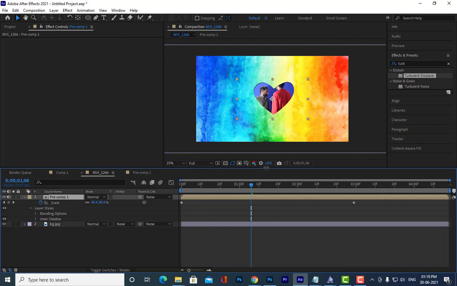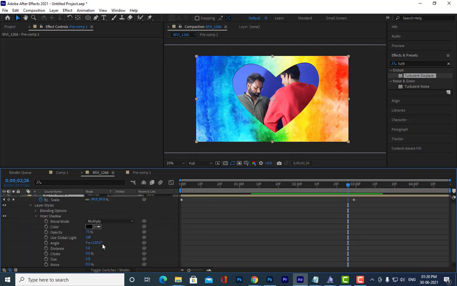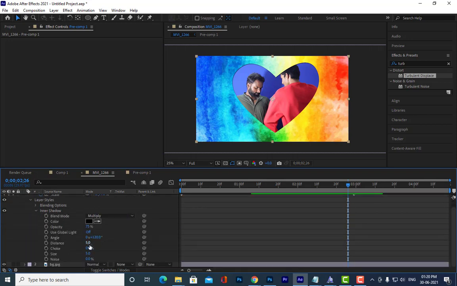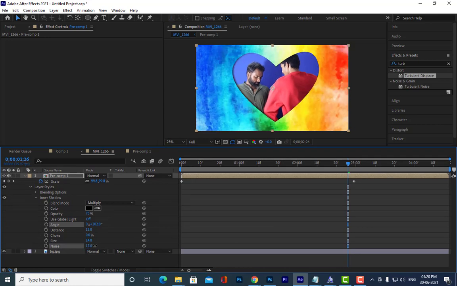Can you see the inner shadow? Yes, sir. We can also change the distance if you want. See, now it is looking natural.